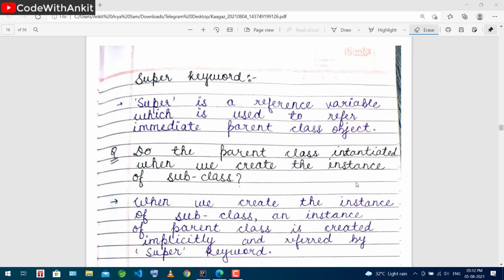In this video, we are going to learn about the super keyword in Java. Basically, what the super keyword is, what the use of the super keyword is, and how you can use the super keyword in code. We will cover everything point by point, so just be patient and watch this video till the end to learn about the super keyword. I hope you really enjoy it.